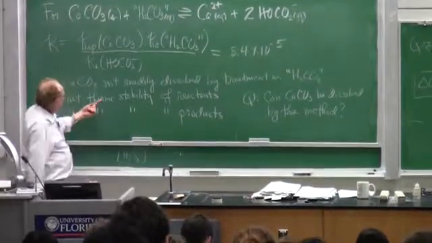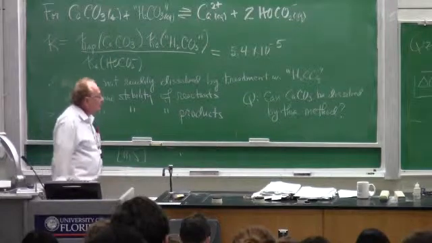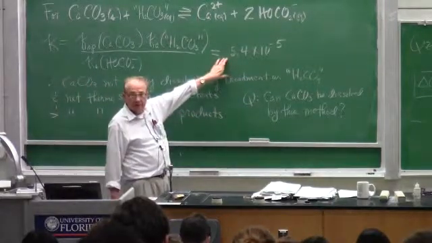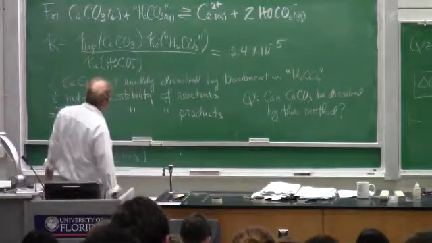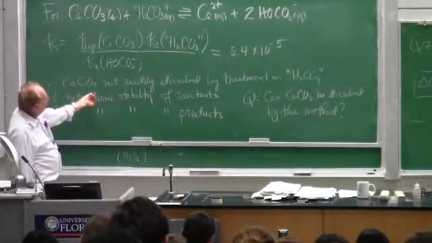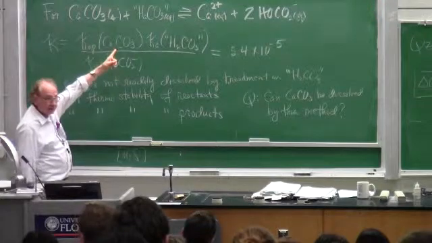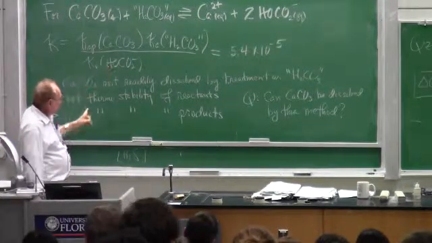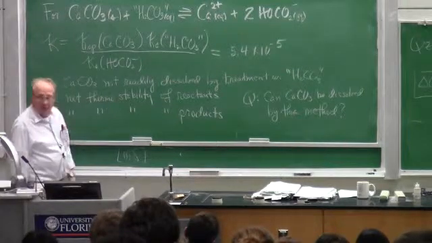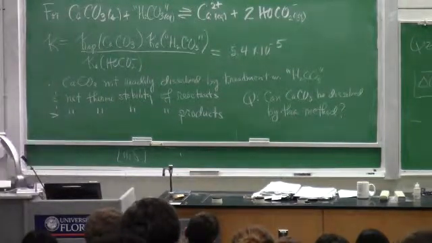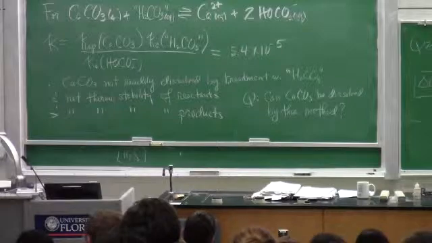Well, it means that calcium carbonate is not readily dissolved by treatment with H2CO3, because this is a very small number, isn't it? Thermodynamically, this number also means that the net thermodynamic stability of these reactants far exceeds the net thermodynamic stability of those products. So put another way, if you go to the laboratory with a solution that's got calcium ion in it,